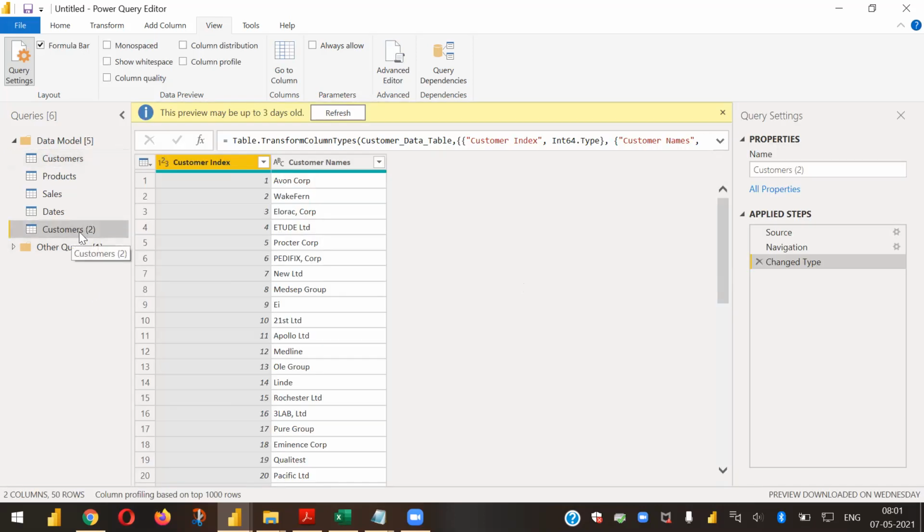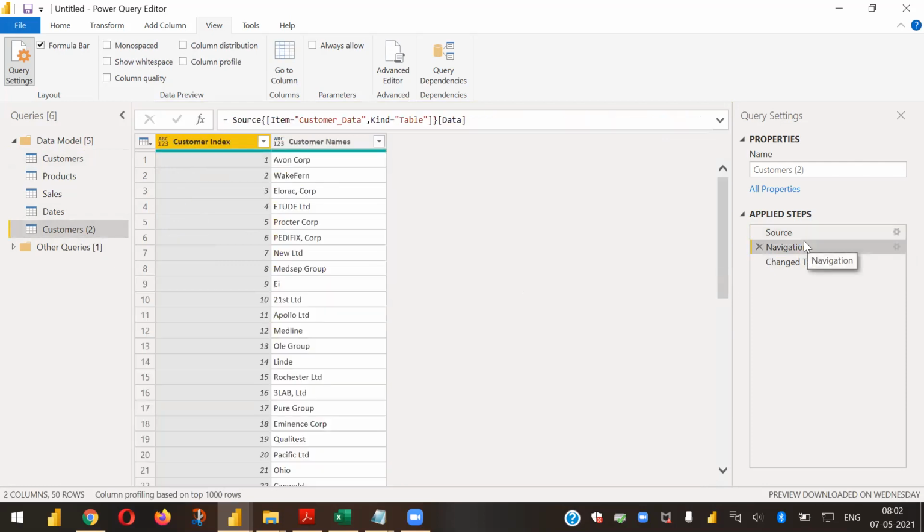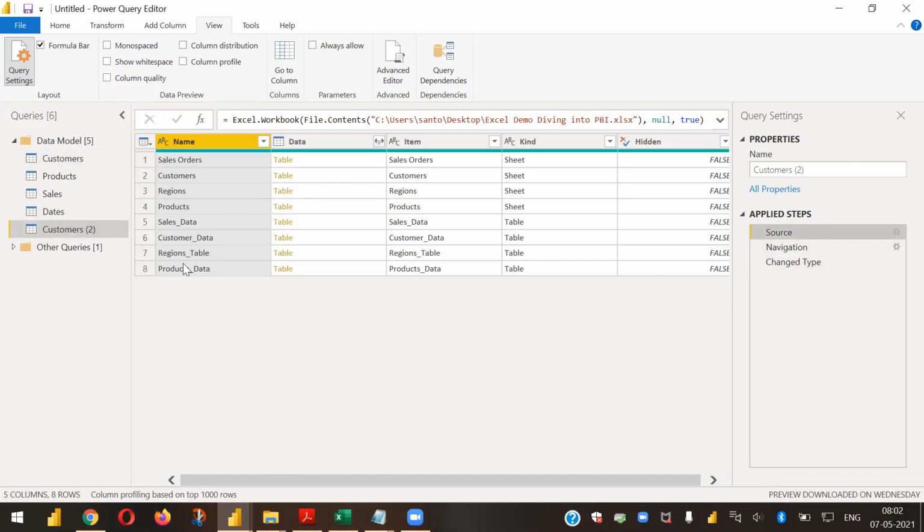You can see this new query with customers has been created. Now from the same code, I'll get a regions table. How? You can see on the right side, I can click on source. What has happened? The first step was to scan the Excel sheet, and it is picking up this step. The second step was just picking the customers table. But here I do not want to pick the customers table, but the regions table.